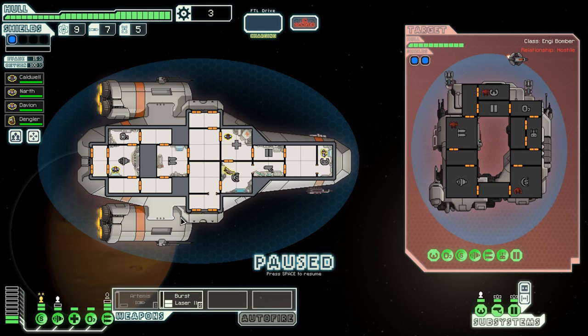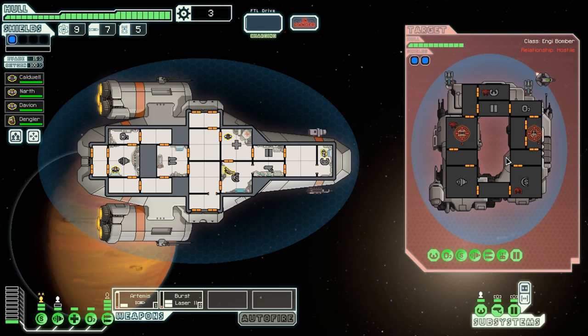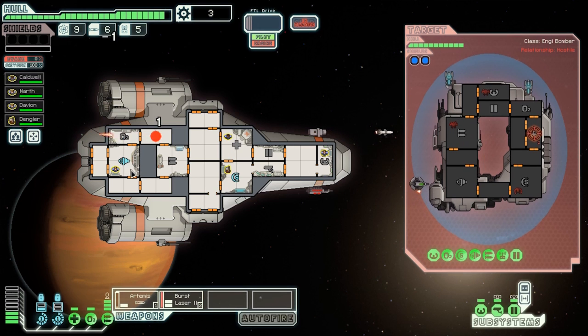Well, that's unfortunate. Oh, they have the drones. They got the big guns. So we are going to have to pull out a missile here. And I think we use the missile to take out their weapons and our burst laser to take out their drone system. It could be a repair drone, in which case it doesn't really matter that they have it. But I don't want their hull being actively repaired while